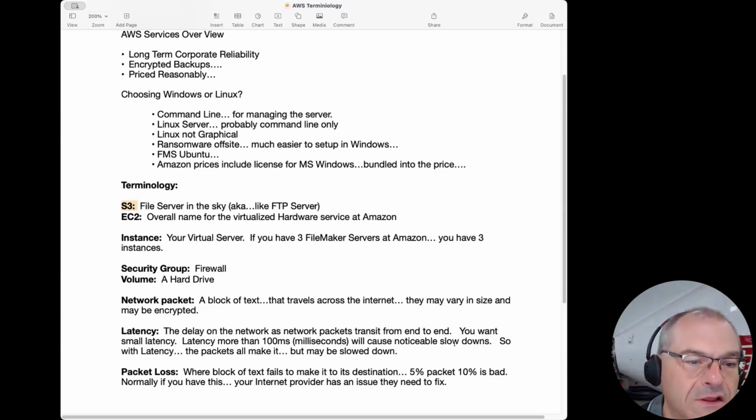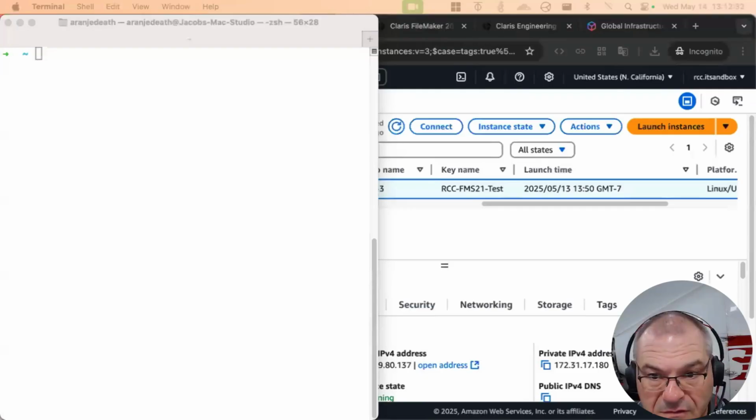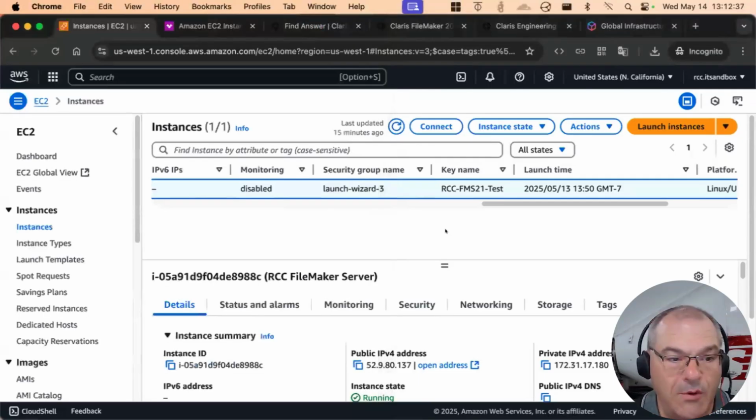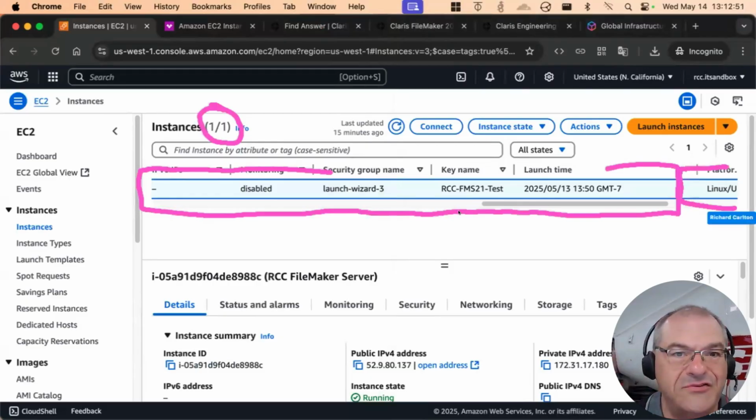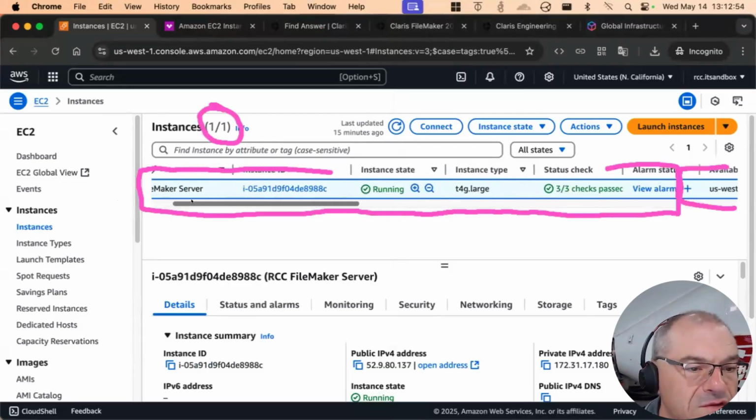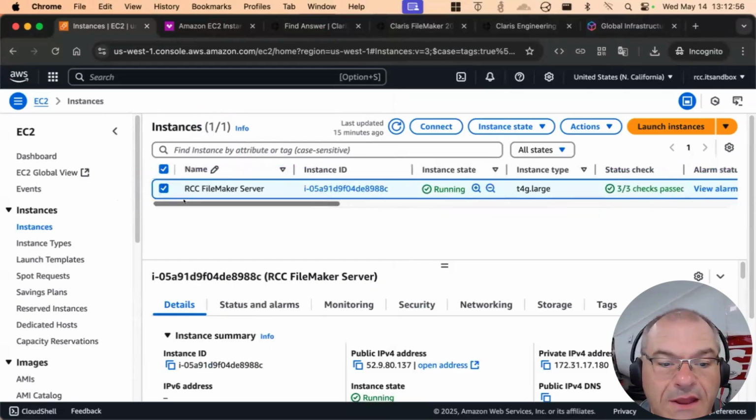All right, so Mr. Taylor, let's talk about this. If we can share your screen. Previously we did terminology and overview. Yesterday we built the server, which basically means that we went into a web interface on Amazon. We saw that we had one instance, which means we have one FileMaker server. This is the server that is running right here. This is the platform, the performance and processors and all that. We've talked about all that, and it is currently running right now.